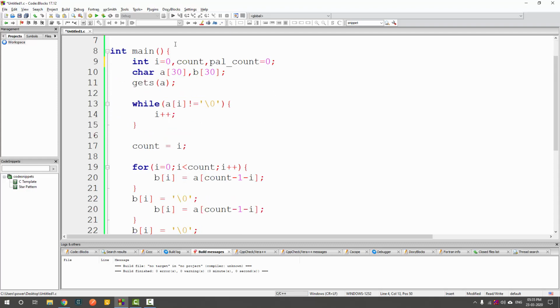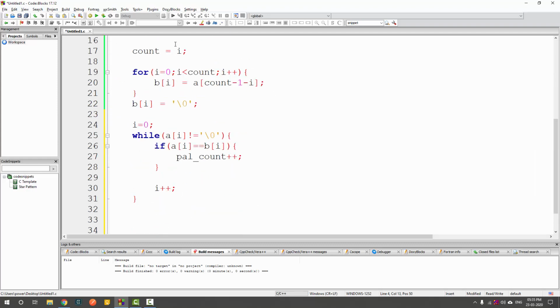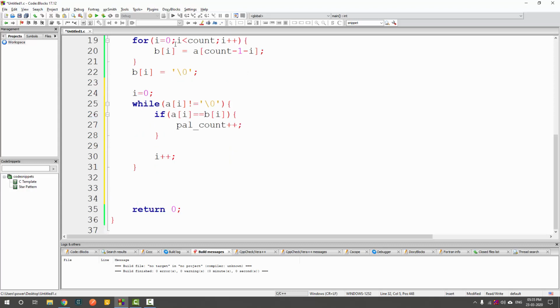So that means your string is a palindrome. Okay, so I will just write if pal count is equal to count, then that means the string is